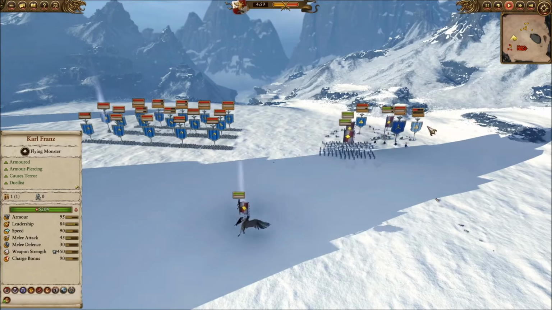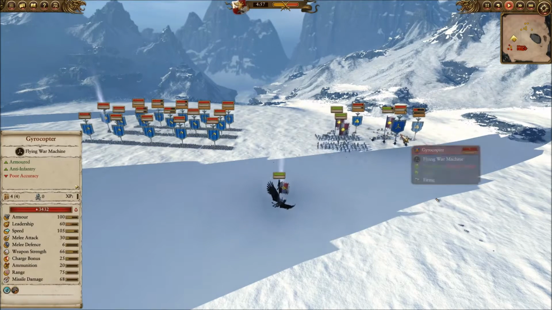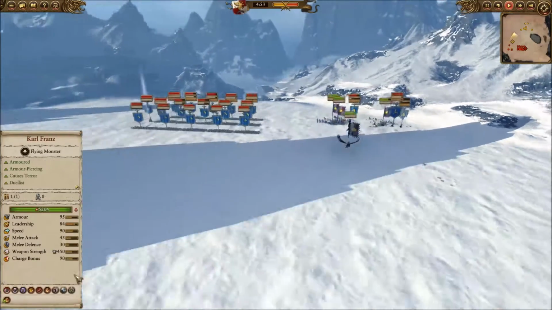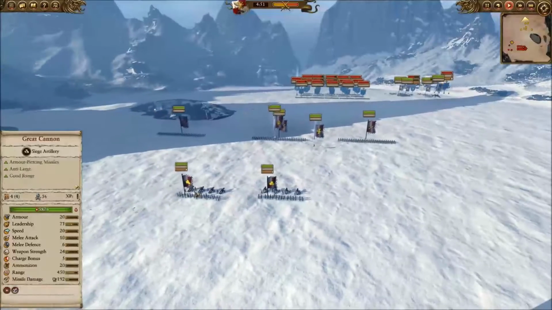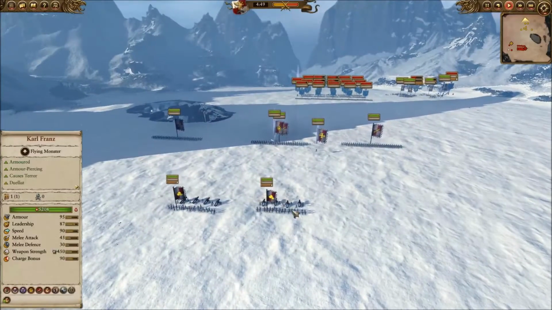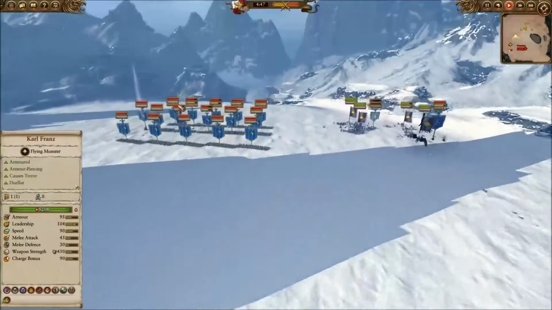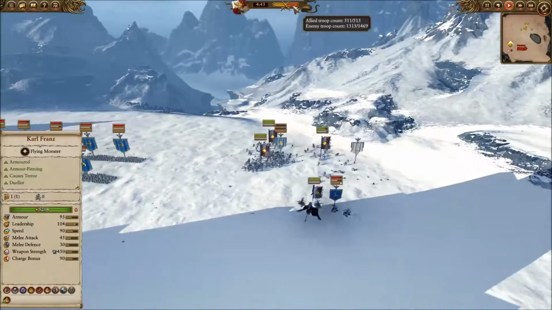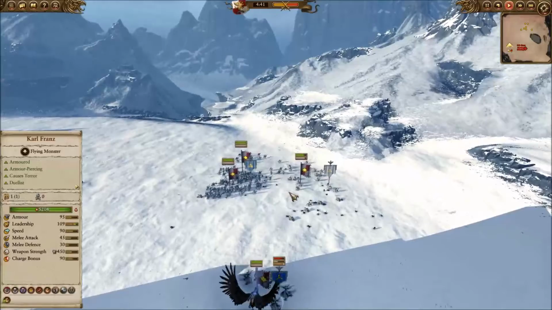So as you can see, in that first charge I pretty much completely break both of his cannons, so that artillery's out for the rest of the game. So I have pretty much unrestricted artillery attacks, and I just start bombarding. You see a lot of these units have already taken over 100 casualties already, so I'm just